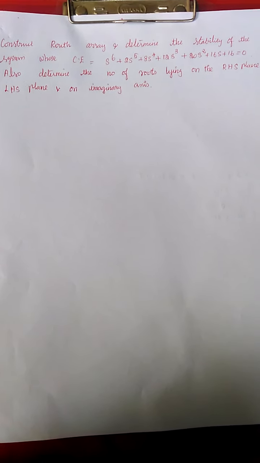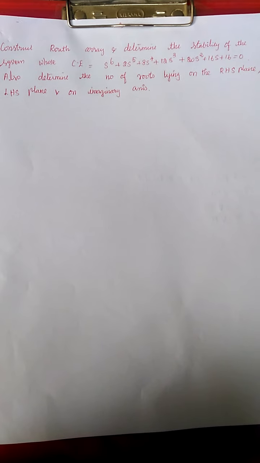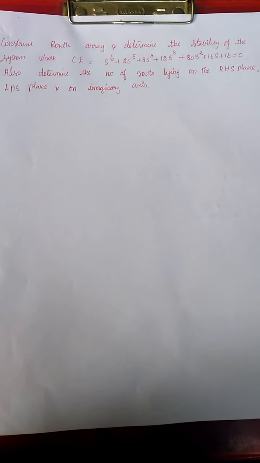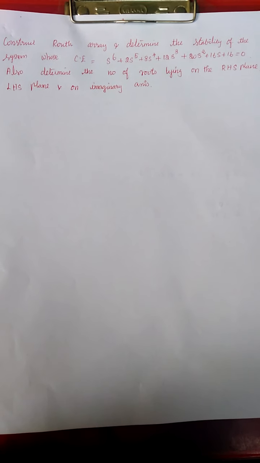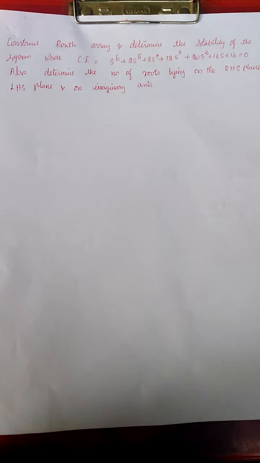So today in class we are going to take the Routh array criterion stability analysis. In this problem we are going to discuss case 2. What is case 2 in the Routh-Hurwitz criterion? It means an element in the first column is equal to 0. So we are going to analyze the steps: how do we find the number of roots lying on the right half of the S plane, the left half of the S plane, and also on the imaginary axis.